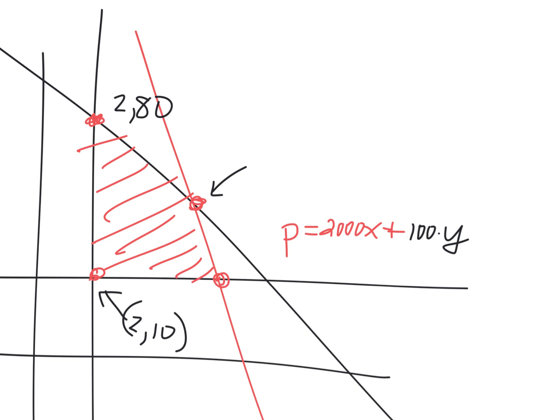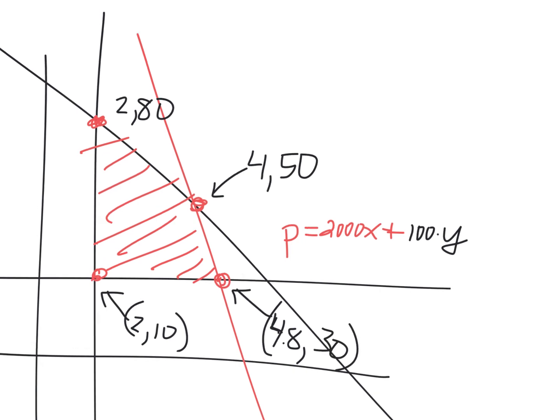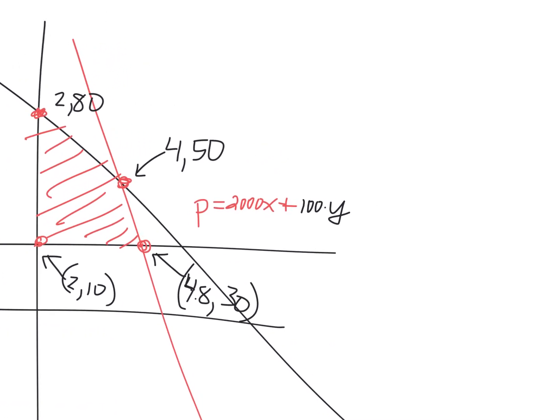Let's say that is 4, 50, and let's say that is kind of in a box now. It's got to be a decimal, 4.8 and 30. All right, so you'd take those 4 corners, you'd make a list like this, and you'd figure out